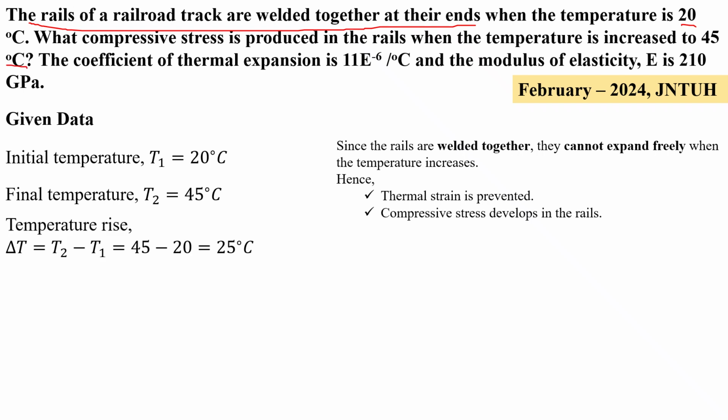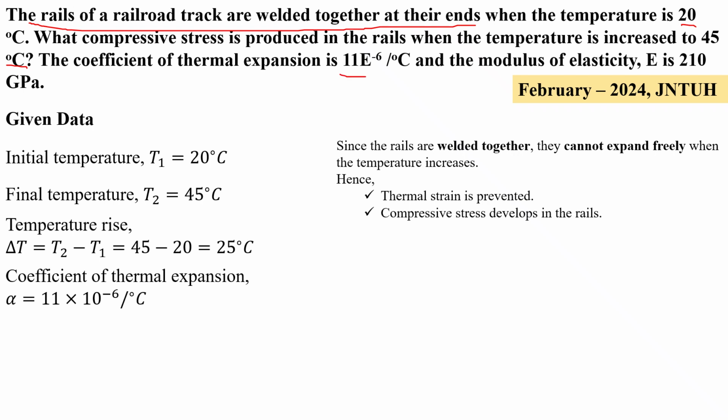Then the temperature rise, delta T, equals T2 minus T1, which is equal to 25 degrees Celsius. Also given is the coefficient of thermal expansion, 11 into 10 to the power minus 6 per degree Celsius,